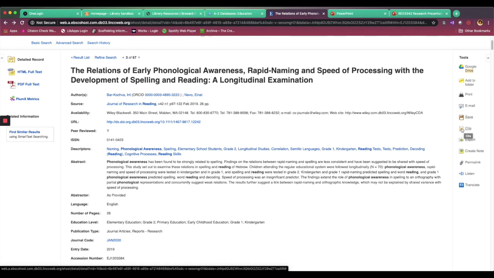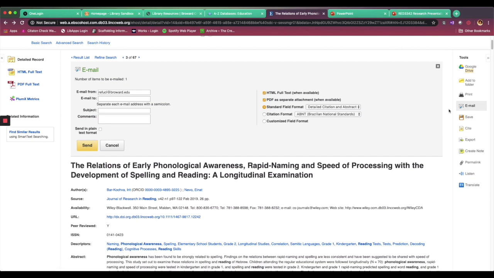The most useful option is going to be email, because it allows you to also send yourself a copy of the citation alongside a copy of the article. To do so, you're simply going to select email. You're going to put in your preferred email address. You're also going to make sure that in the subject area, you list a subject that is relevant to your topic to help you remember why you selected this article. And most importantly, you're going to come over to the right where it says citation format. Select that